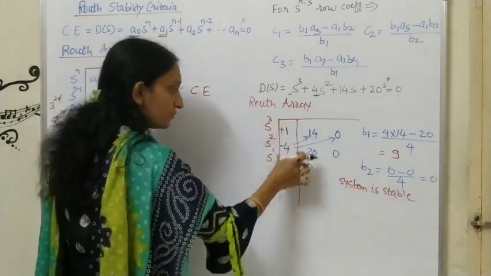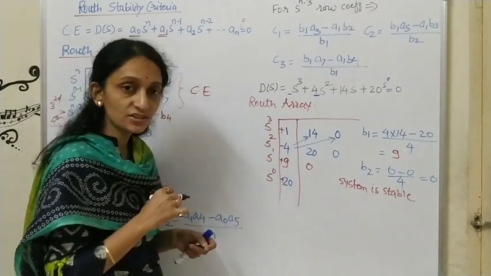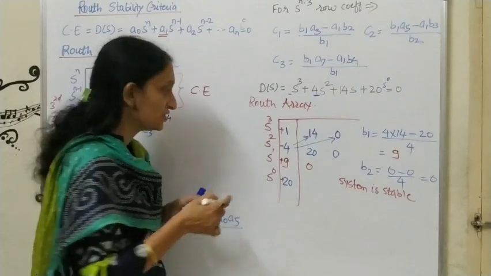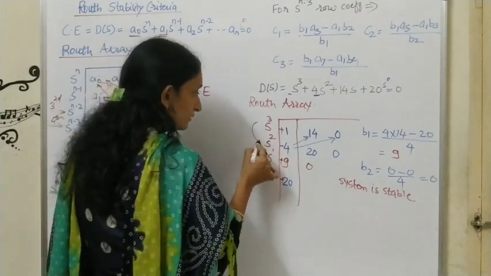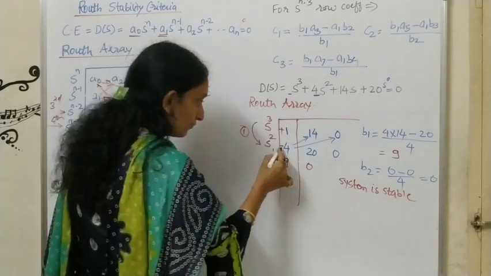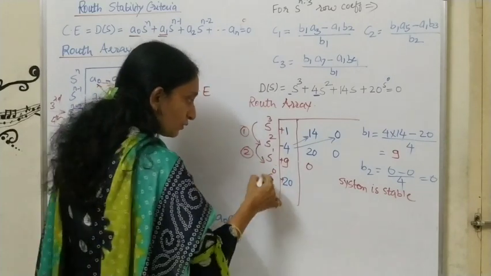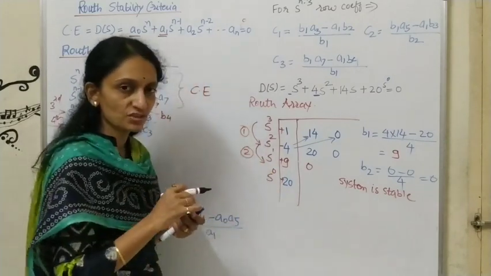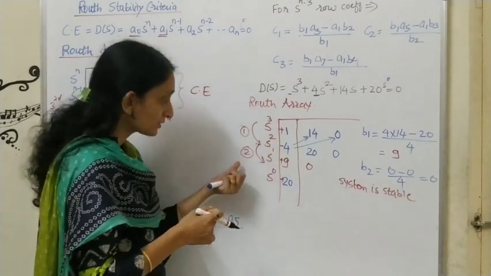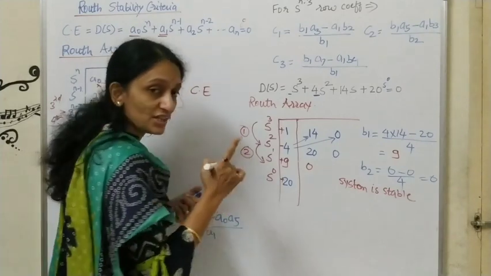So how will you check the stability from the Routh criteria? Again, we consider the first column of the Routh array, then check whether there are any sign changes. Yes, there are sign changes, but how will you calculate the number of sign changes? Look at this. From positive to negative there is one sign change. From negative to positive, a second sign change. Then from positive to positive, no sign change. If I ask how many sign changes there are, there are two sign changes.